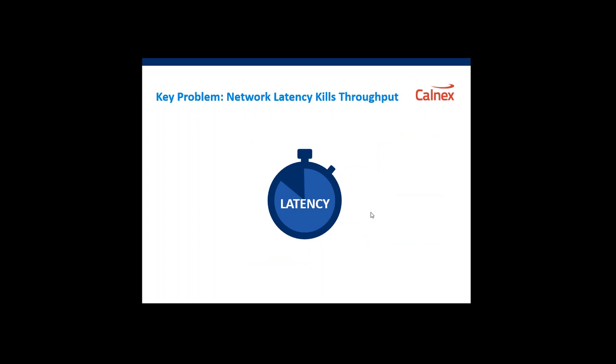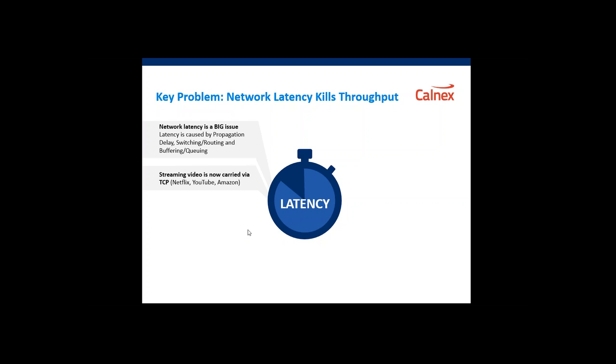The presentation looks at the problems that latency causes in the network, but before we do that, let's ask ourselves the question, why do we get latency and loss in a network? Latency is primarily caused by propagation delay, switching, routing, as well as buffering and queuing within those routers.